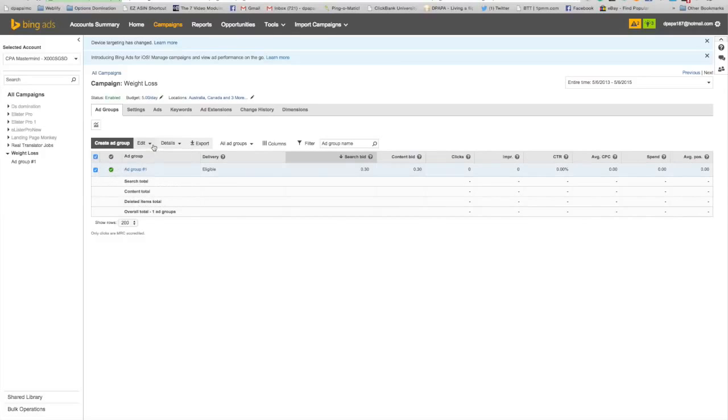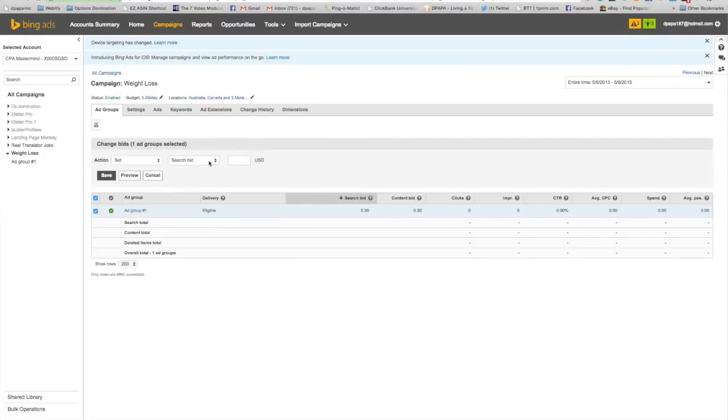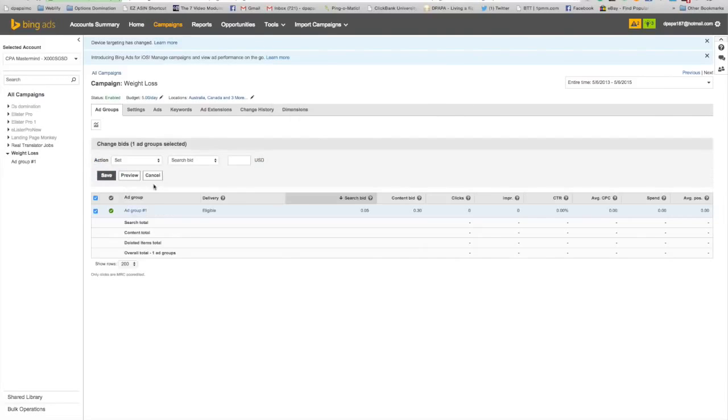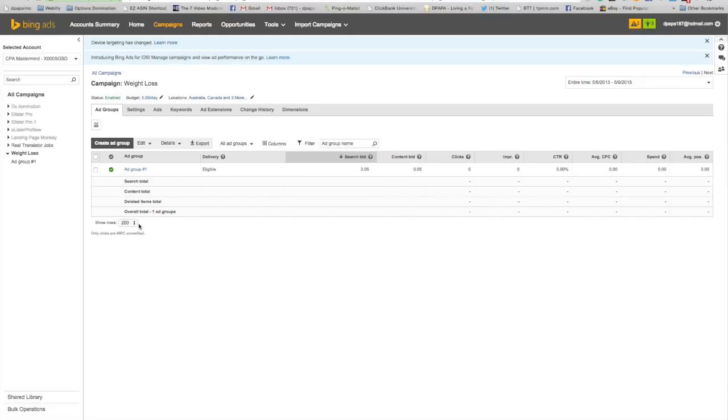First, I'm going to choose change current bids, and we're going to set search bid to 0.05. Okay, save. And we're going to do the same: select it and set content bid to 0.05. What this will do is basically find keywords, and you would pay a minimum amount for a lot of impressions. That's really good because you get a lot of clicks, and you pay a really low price for a lot of clicks. Okay, trust me on this.